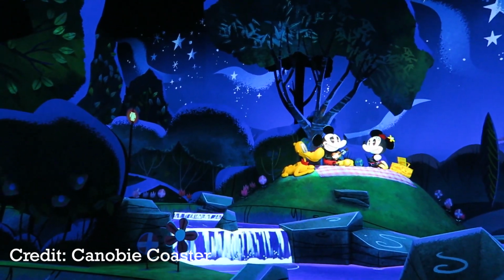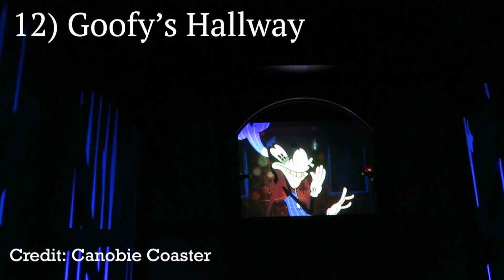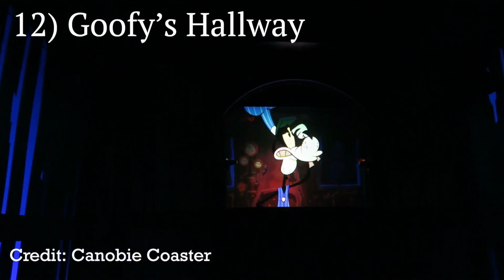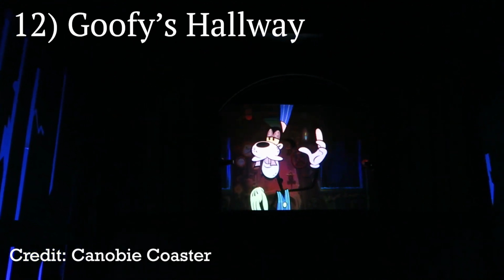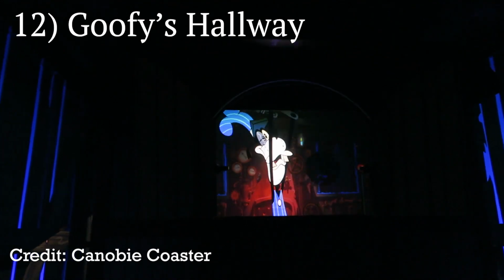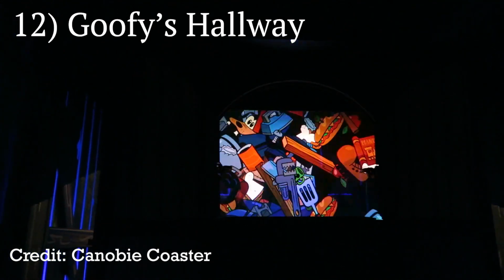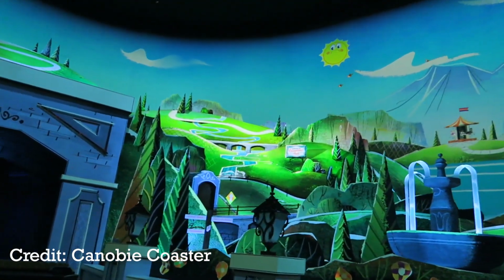At number 12, we have Goofy's hallway. Again, it's not really a scene. It's just kind of there because the show building is different in California. You still spend a good amount of time in there, so I have to put it on this list. You spend more time in the Goofy hallway than you do in the sewer or the first park, so I